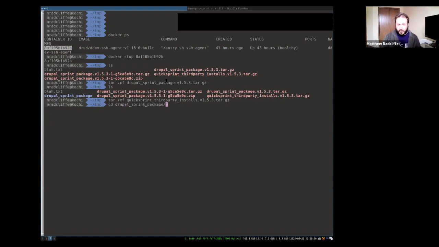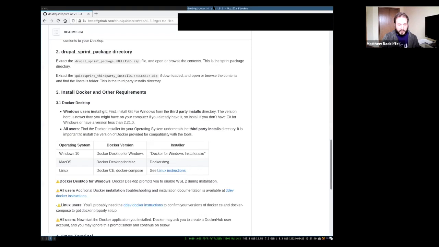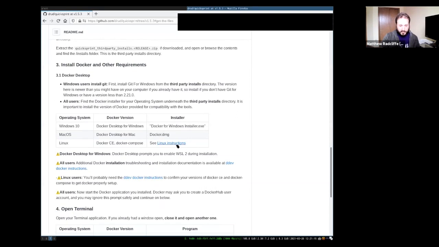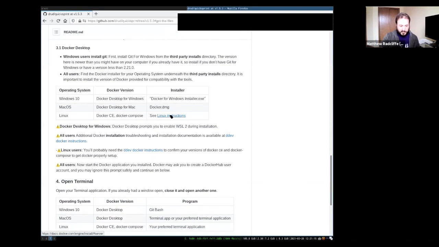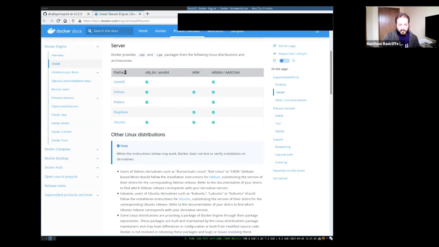Now, if there are a lot of Linux users here, we don't include a Docker installer for Linux because there are so many distributions. If you're on Linux and you don't have Docker installed, you'll want to click on this Linux instructions link.